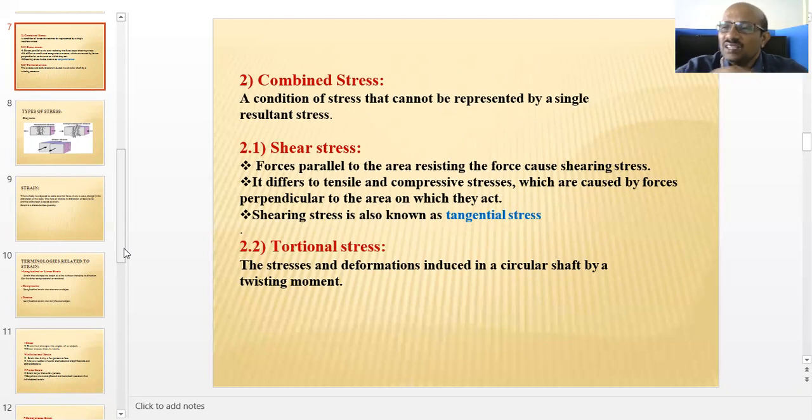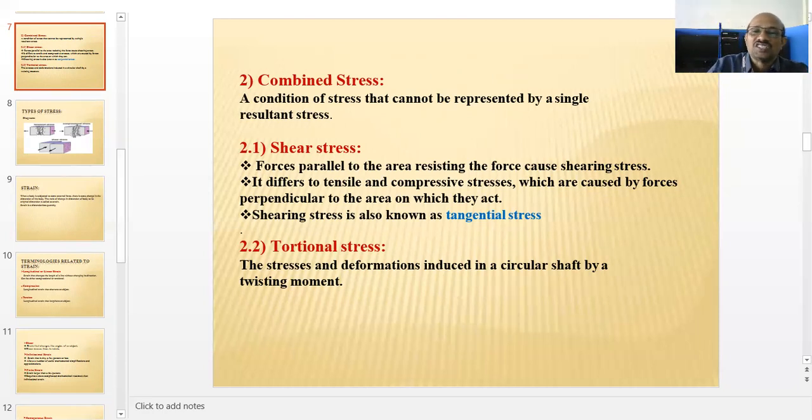Shearing means there will be vibrations. Whenever you operate a machine, suppose you take two bearings, and we fix one shaft over there with couplings at the two ends. The shaft is going to be rotating. That is called shear stress. Some vibrations will come, but it won't dislocate the original central axis position; it will just rotate. Then it is called shear stress.